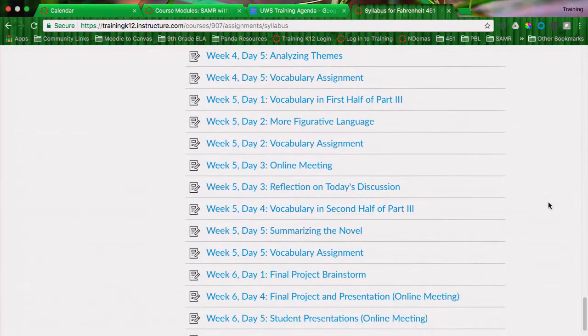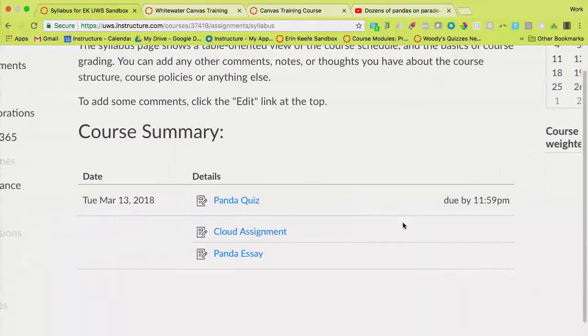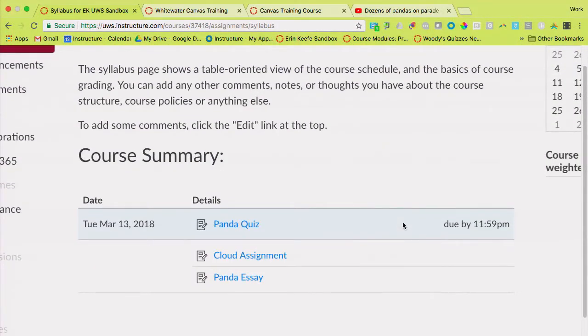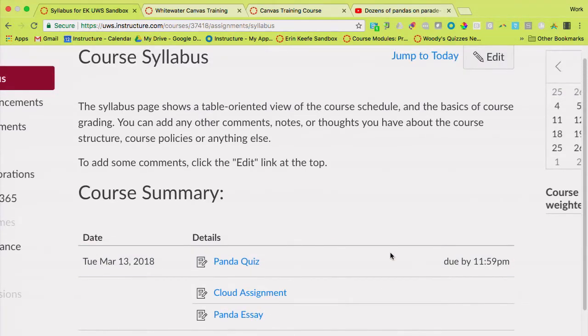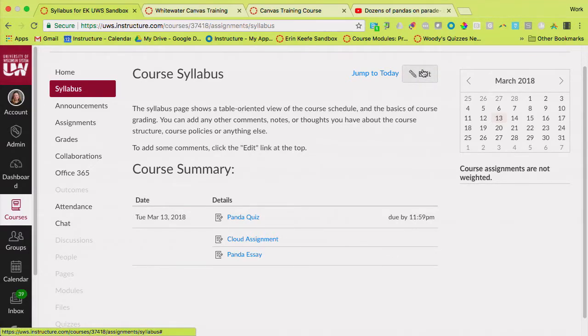And the undated, anything that's undated in the course will go down to the bottom, which is another reason why, if you know you have a lot of undated things in your course, the naming convention is also important, so that this is just how it appears for your students. Now, if you change a date in your course, or if you change a date on the calendar, the three environments work together. So the calendar, the course summary of your syllabus, and your course, it just automatically gets updated. So you change it in any of them and it updates here on your course summary.